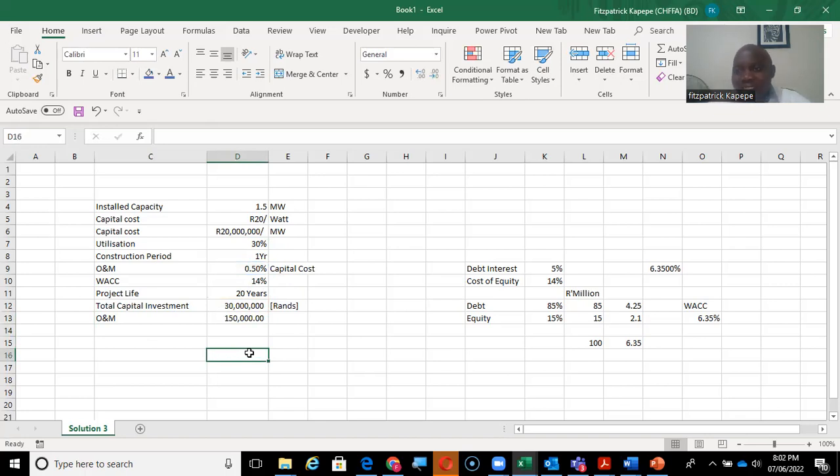When you are done, you can then now format this. That is just basically for good modeling. We have practices. When you look at these numbers, it's very difficult for me to know which one is a hard-coded number, which one is a calculating number. So usually what we do, the hard-coded numbers, they will be highlighted, they will be in a blue font. That's a standard, what they call the FAST standard in modeling. So once you are done with your modeling, then that is when you can do